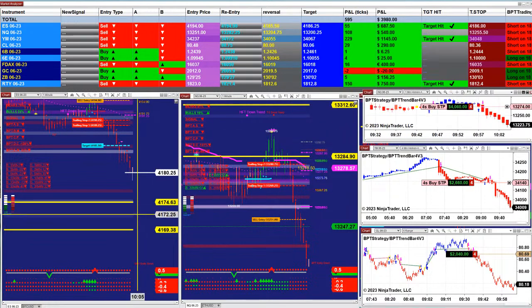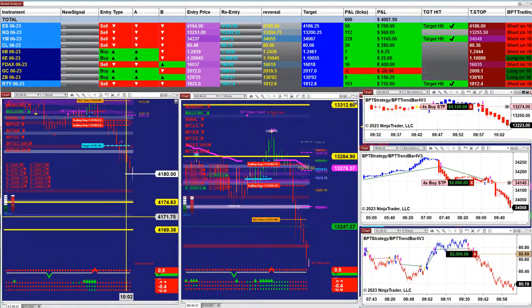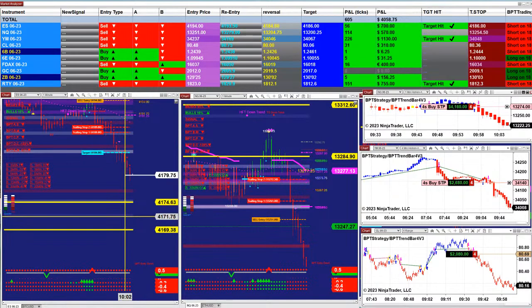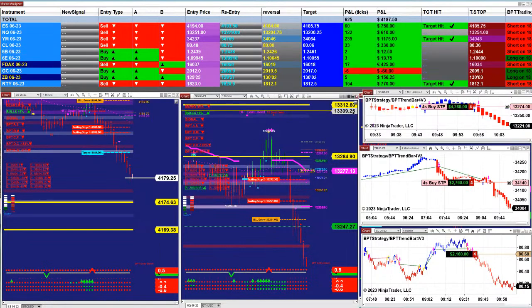Once we hit between the two yellow lines, the support in between those two yellow lines is 41.71, and that means it is over. So at this moment we are at 10:04, very early. We're going straight down to it, and for the Nasdaq,